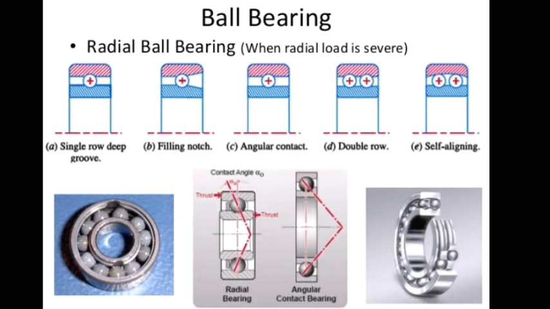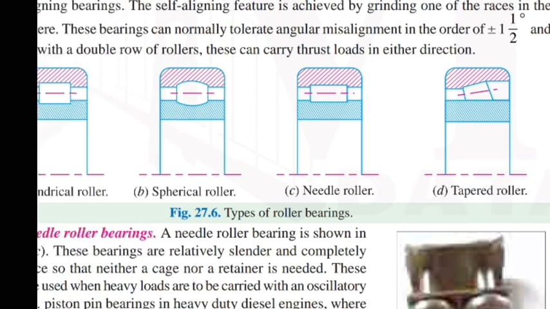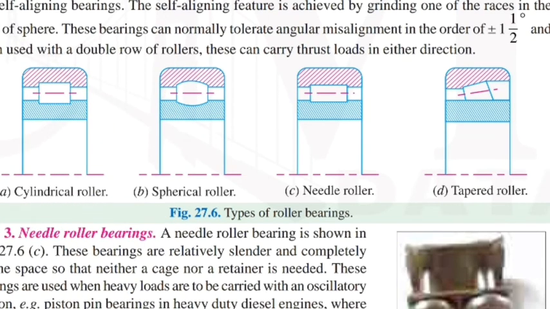And next is the classification of roller bearings. Roller bearings are also classified into different types. Let's see what they are. First one is the cylindrical roller bearing. These have short rollers guided in a case. They have the lowest coefficient of friction compared to the remaining bearings. From an applications point of view, these are used in high speed services.